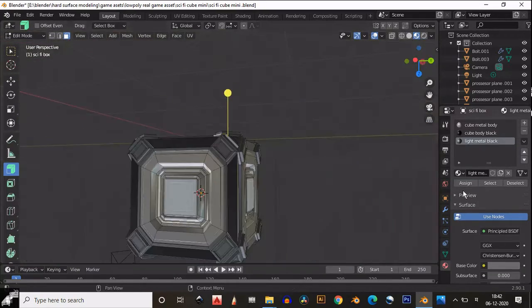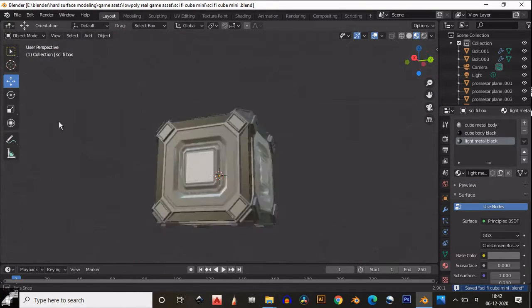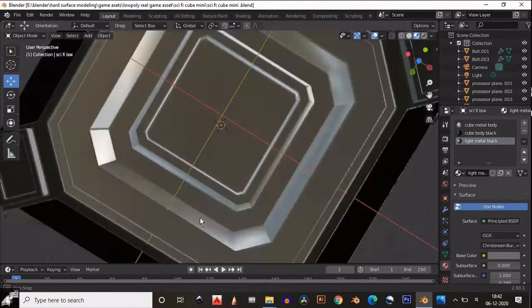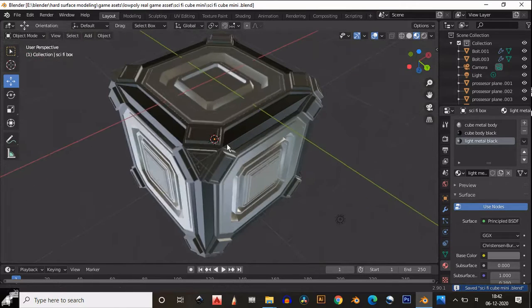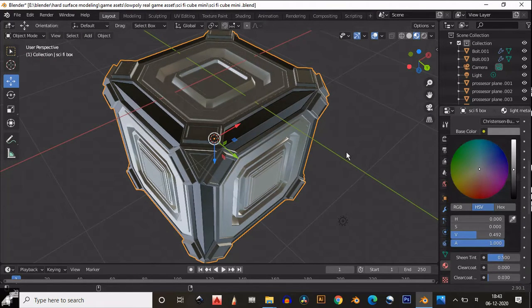So when you start to create any model, at that time get more reference images and observe others' artwork also. So you will get a clear idea what you want to create, and then you can start to build your own imaginary thing.